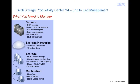If you go into the next slide, I'm going to give you a quick look at what TPC is today, only because as we go further into the presentation, as I talk to you more about version 5, you'll see that we've actually introduced a new way of packaging TPC for you now. So I want to at least give you a quick update on what it looks like today. Obviously, you can see these are the things that you need to manage your servers,